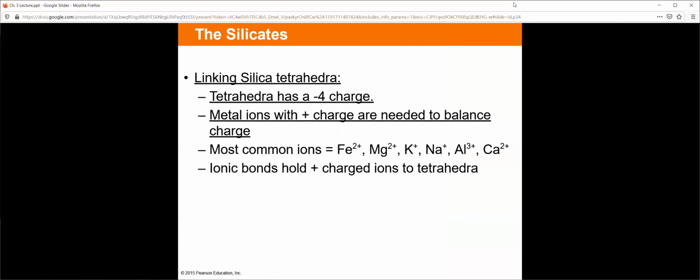Again, if you don't remember your chemistry from previous classes or from high school, this may seem a bit convoluted, confusing, but the takeaway from all this is these silicates tend to form with metals and other minerals we like because they want to be neutrally charged.